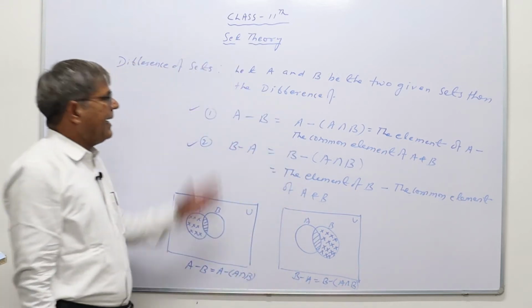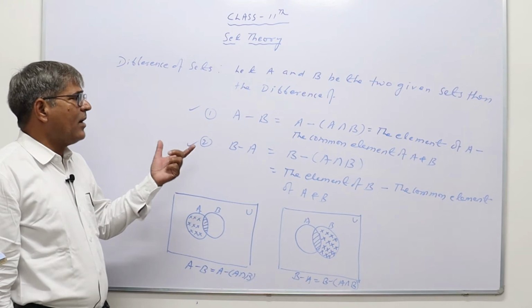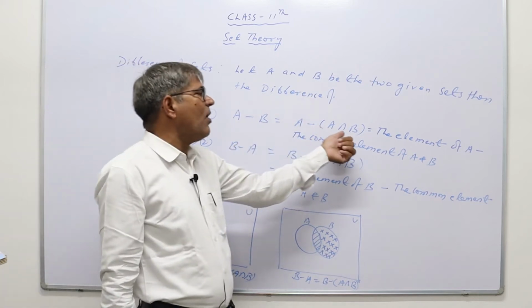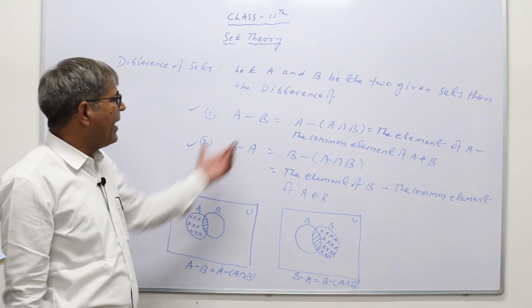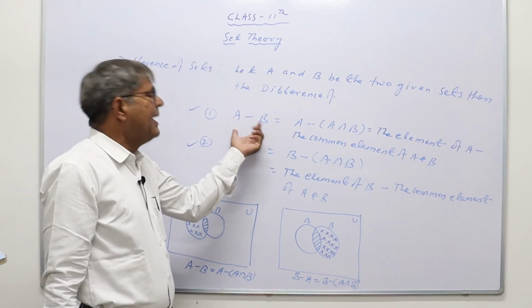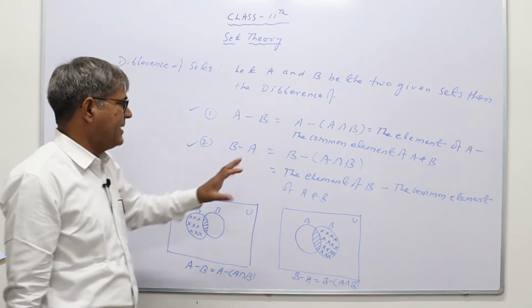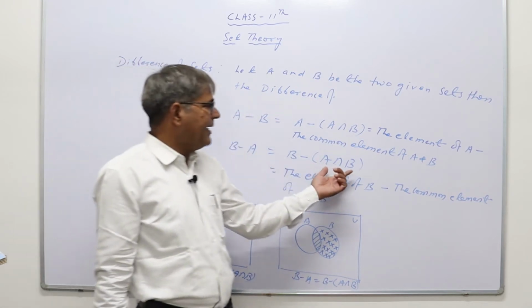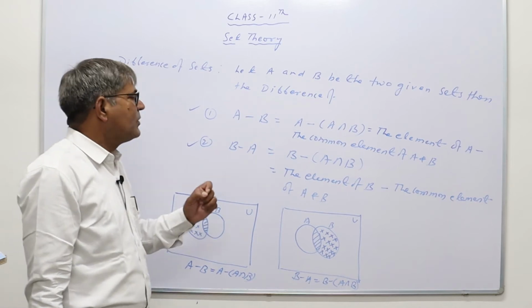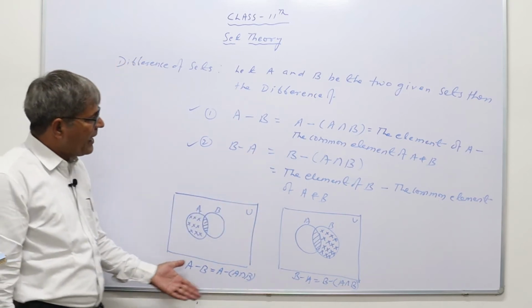So in this way we can define the difference of two sets, but note down that A minus B is not directly A minus B. It is equal to A minus A intersection B. That is, first of all we have to find A intersection B, meaning find those elements which are common in A and B, and then subtract the common elements from the set A. Then the remaining elements will be known as A minus B. Similarly, if we have to find B minus A, then first find the common elements of A and B and subtract these common elements from the set B. So the remaining elements will be known as B minus A, that is the difference of sets, and the Venn diagram can be represented in this way.